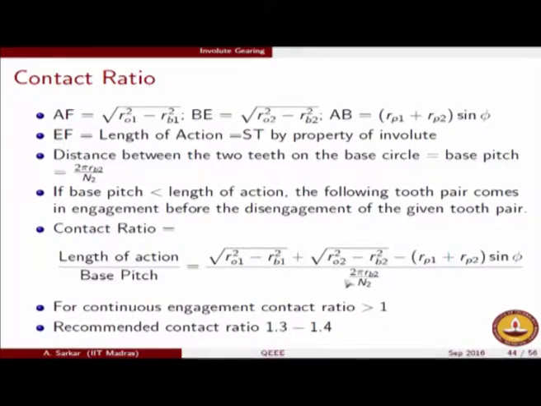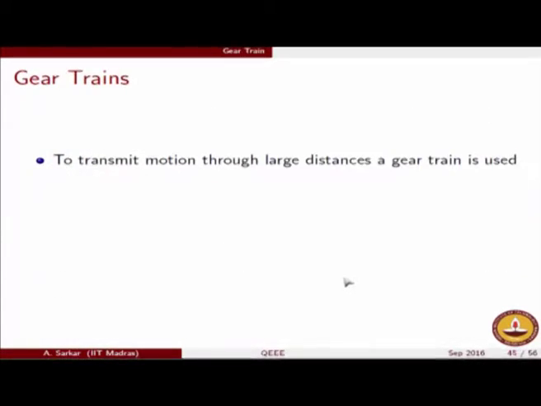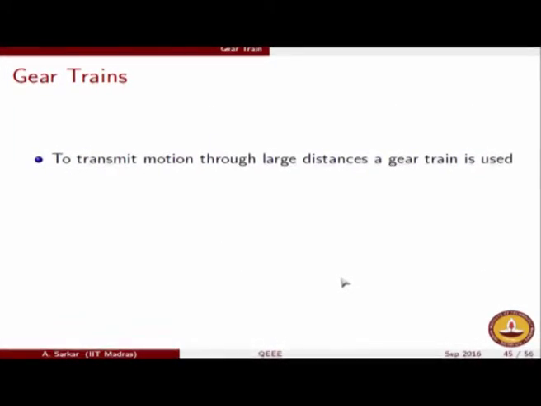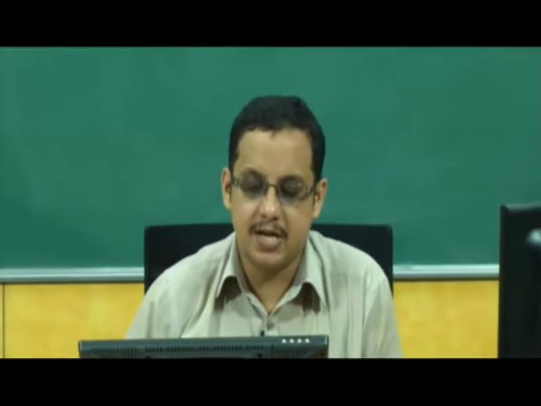So we will quickly study in this last hour different gear trains, and that is exactly what is being used in automobile applications also. So we will now turn our focus to gear trains. Gear pairs are used to transmit motion and power through smaller distances, but if you want to transmit motion and power through larger distances, a gear train is used. I will tell you how this is brought about and what the advantages of using a gear train are, as opposed to just a gear pair.